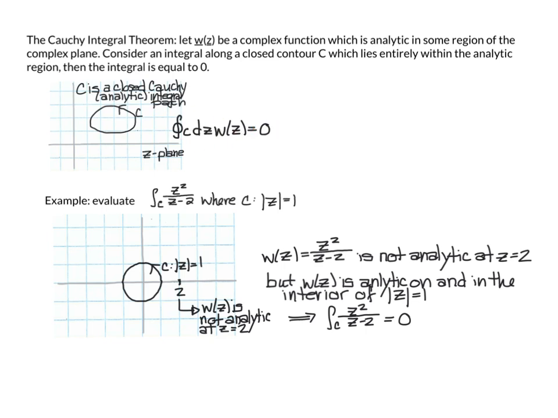So our example was z squared over z minus 2, and our C, our curve, is the circle of radius 1. So here's C, and our function, you can see, is not analytic at z equals 2, but z equals 2 is outside of our curve. On our curve and inside of our curve, this function is analytic everywhere,